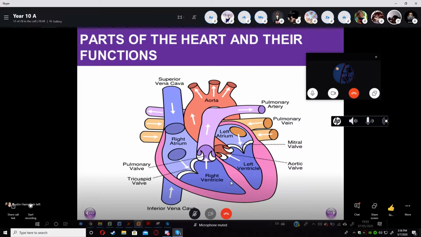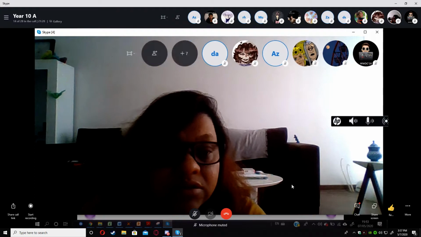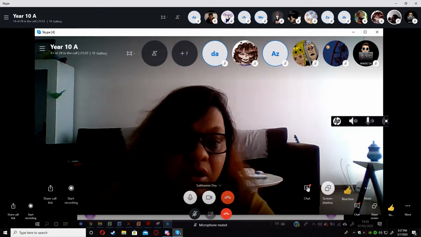And once it enters the right ventricle, the tricuspid valve closes. So when the bicuspid and tricuspid valves close, they make a sound, lub. And all these valves are there so that backflow of blood does not happen. Here as well, in the aortic valve and pulmonary valve, when the ventricles contract,